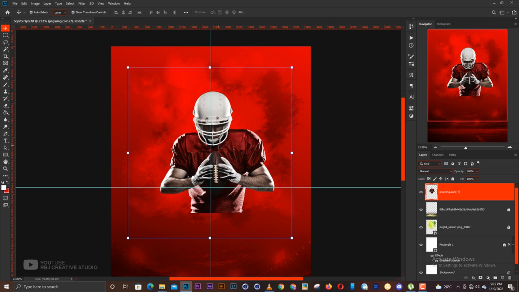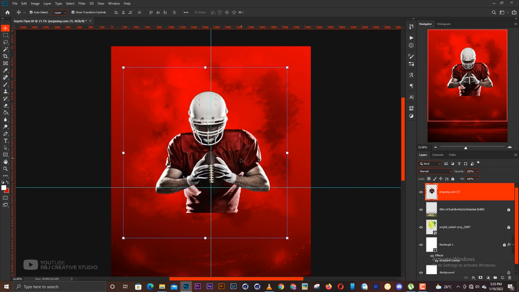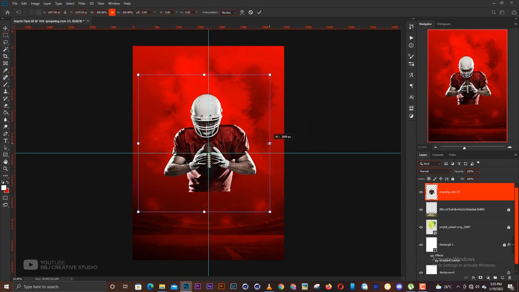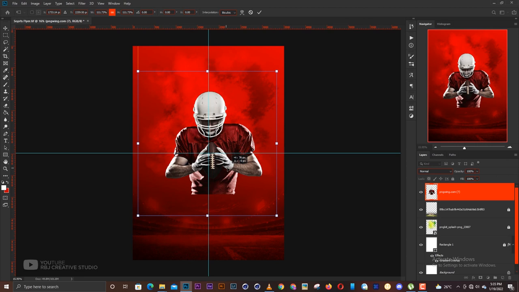Now I think this one is going to be a stubborn one, because the procedure that we just did was supposed to eliminate everything outside the selection, but it didn't work that way. So let's just work with this. Okay, so now we're going to make sure this image is big enough and right in the center of our